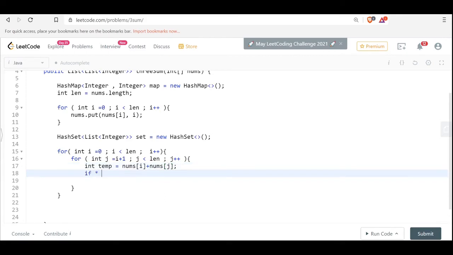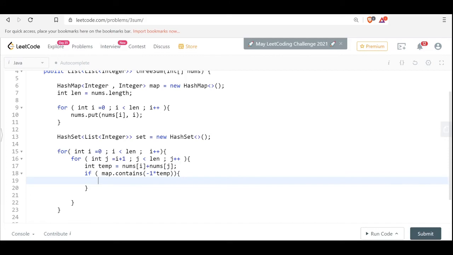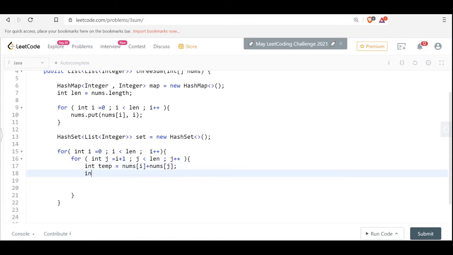Right? So I'll check if map dot contains minus temp. Basically something like k is equals to map dot get or default, with default minus 1.